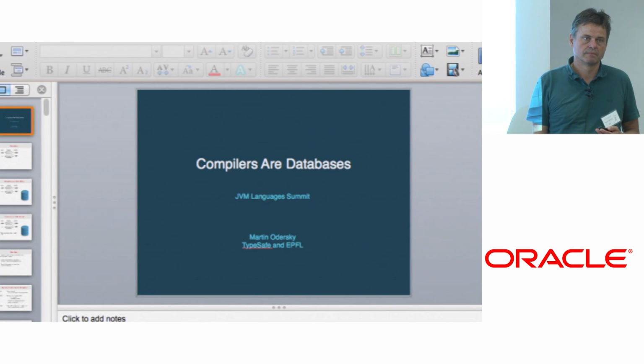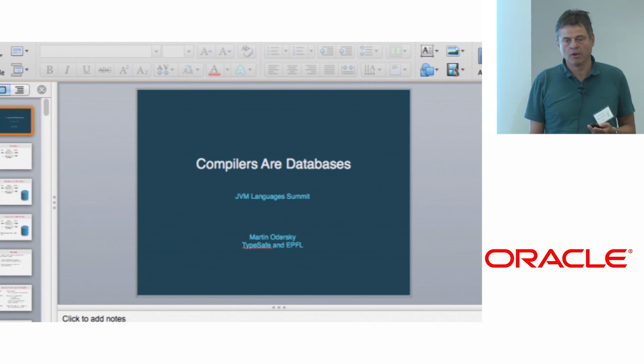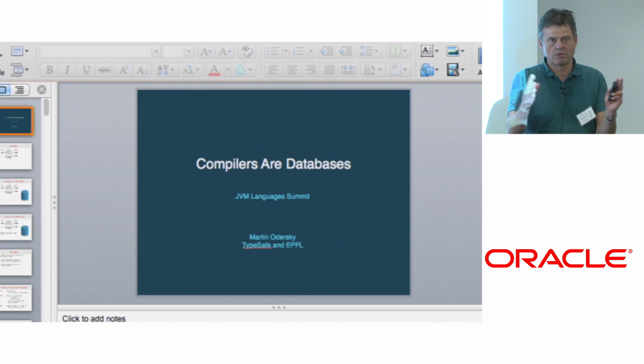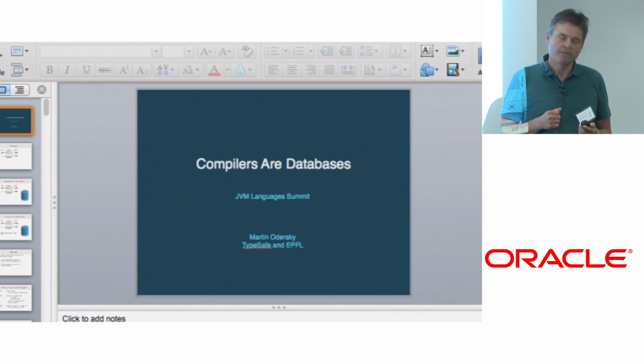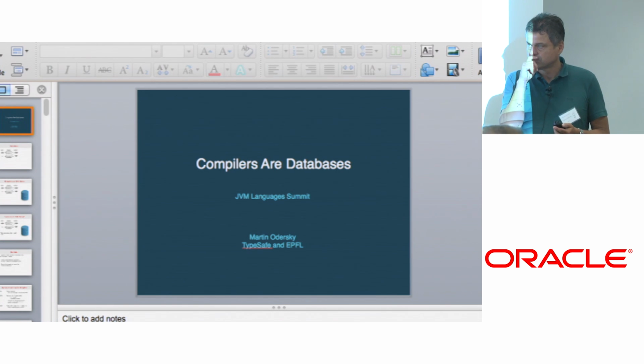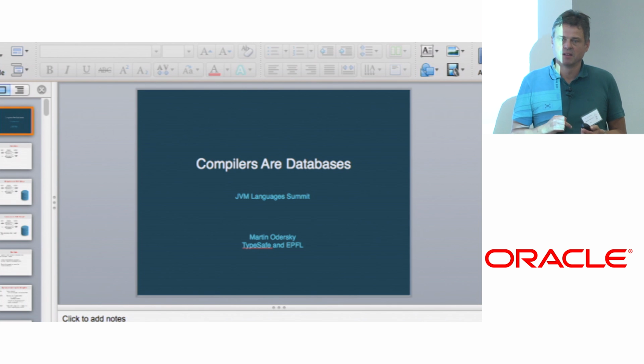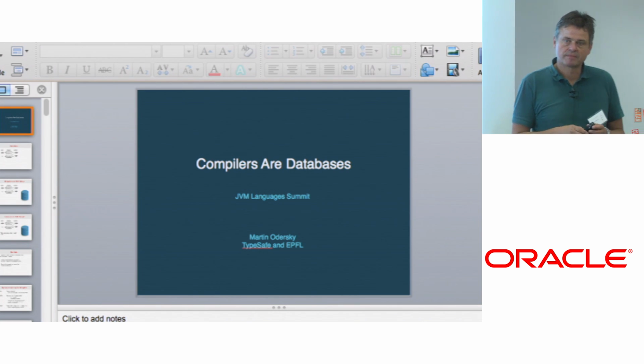And the run ID is roughly identical to the version of the source, or is it? No, the run ID is essentially, in an IDE, on every keystroke I run the compiler again. That gives me a new run ID. So every time I run the compiler again on whatever small subset of files, I get a new run ID. Even if the source hasn't changed? Even if the source hasn't changed, yeah. You could say it's a transaction ID. Yeah. So this is along the same lines on a more specific level.